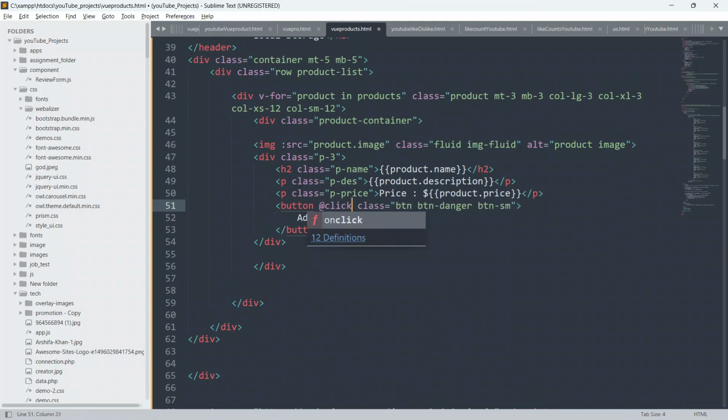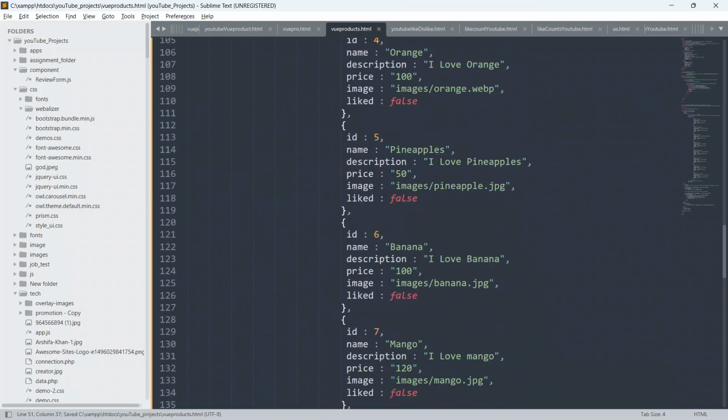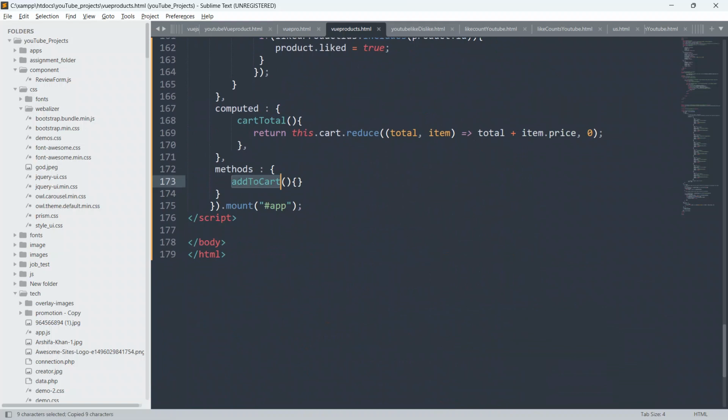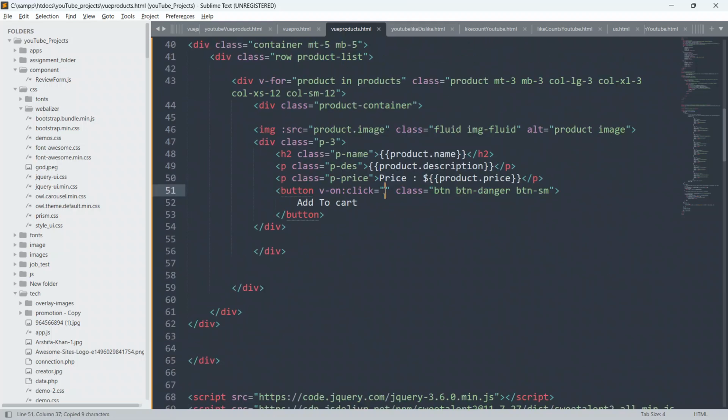You all know that inside Vue.js we have to give v-on, or we can give the shorthand property at the rate. This is the shorthand for v-on. You can also give v-on colon and run the function here. So we give equal to double inverted commas, and we call this function, add to cart, from here. Paste it here, and inside this I am going to pass this product object. Now I am going to pass this entire product object inside this function as a parameter.